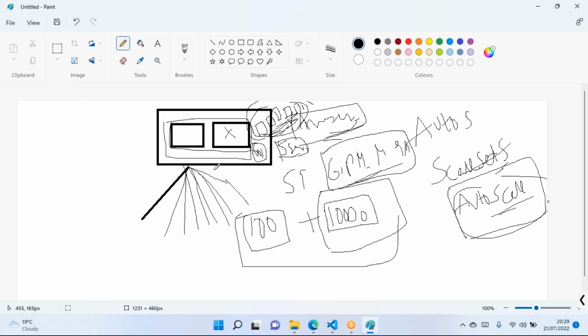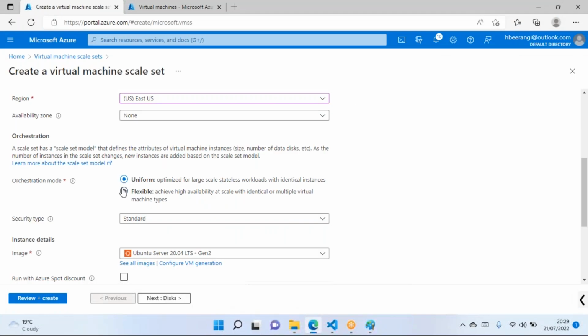Because we need to serve the customers for this application. So all the VMs will be identical, and that's what they are saying, flexible, including virtual machine capacity also. It will be identical. You no need to choose all those settings. It is a one-time process, and you need to set the rules. It's going to happen.